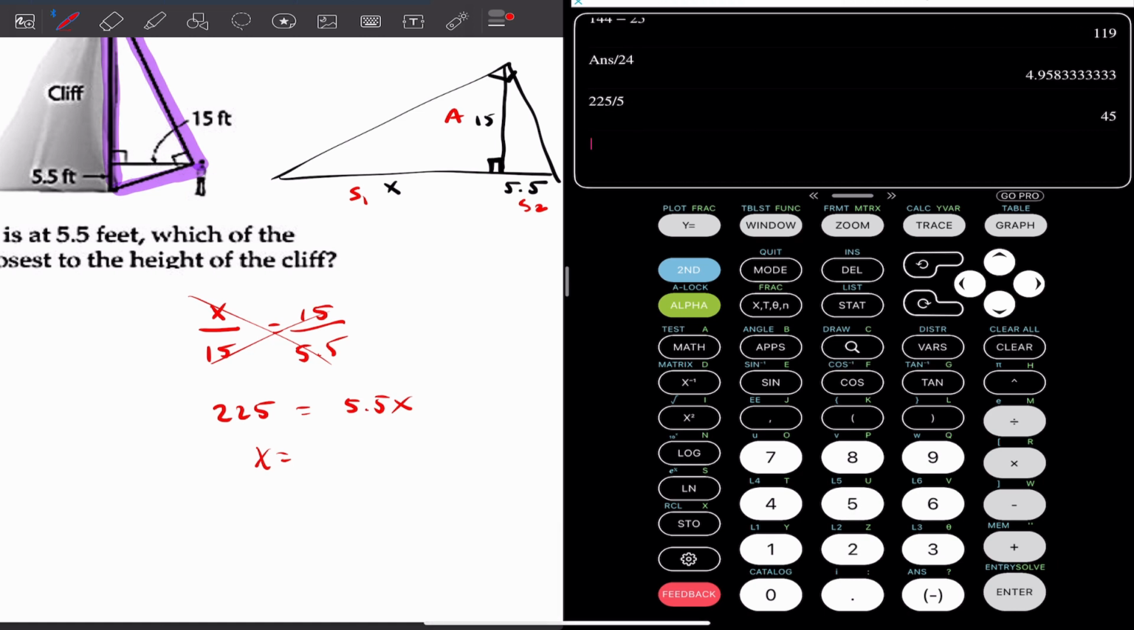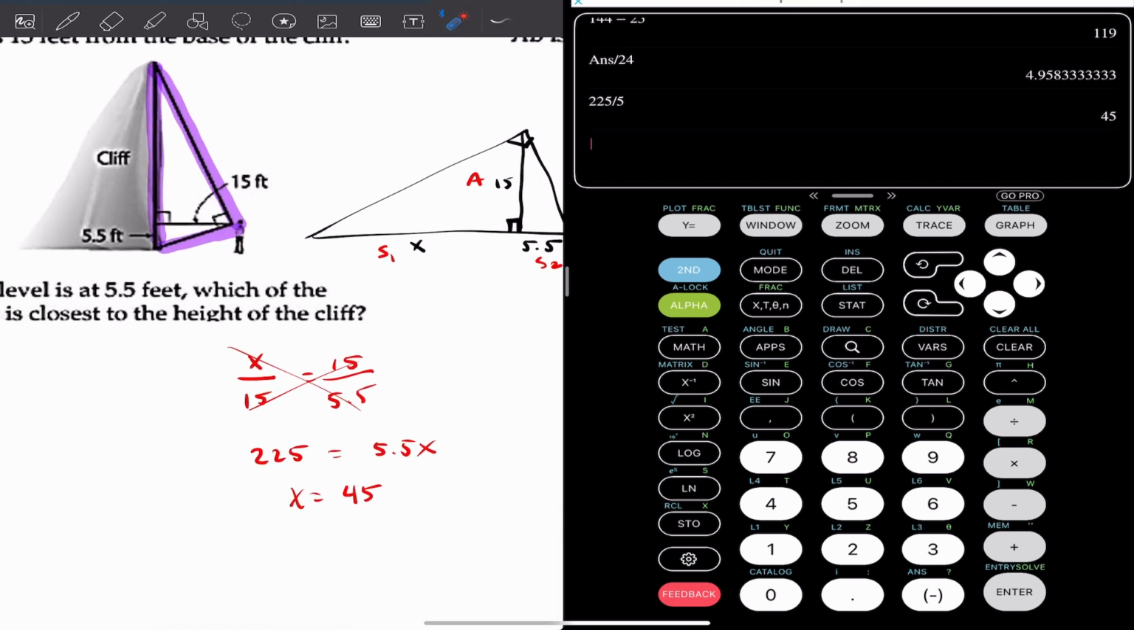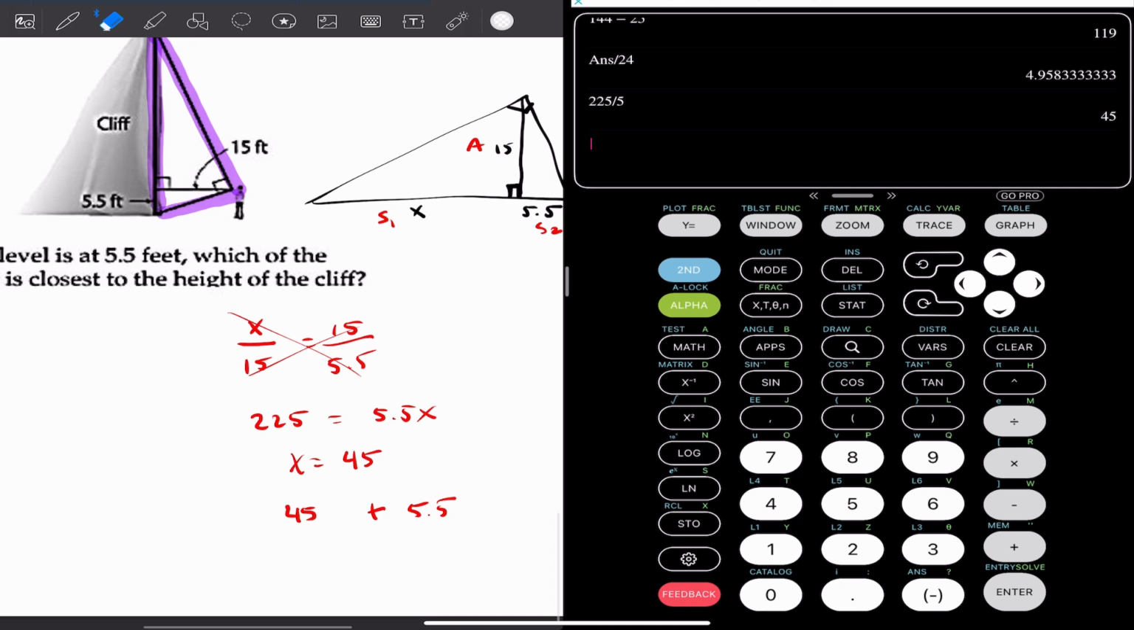there we go. That's 45. So X is equal to 45, and I want to know how long this cliff is, right? So if this is 45 here, and there's this 5.5 feet, that's essentially 45 plus 5.5 feet. So 45 plus 5.5, that is 50.5. And then